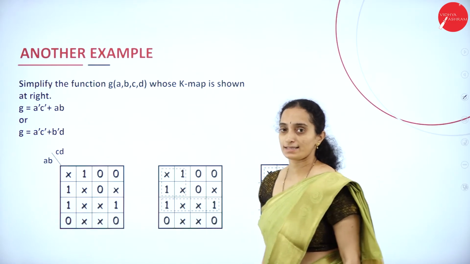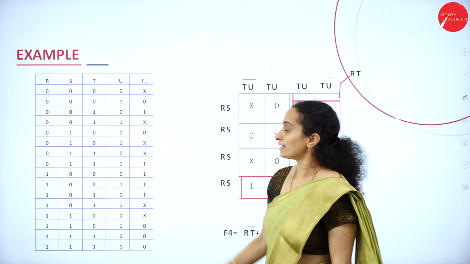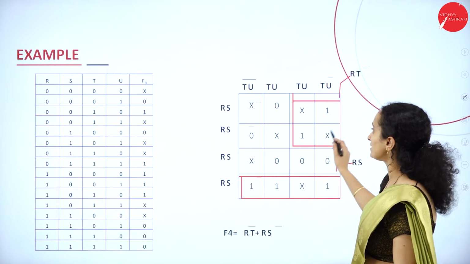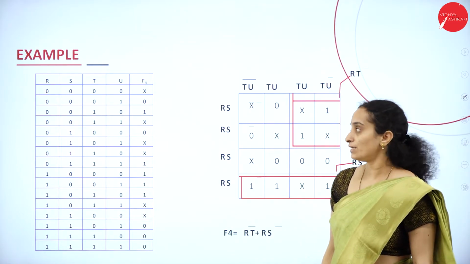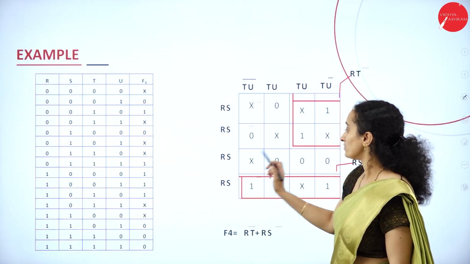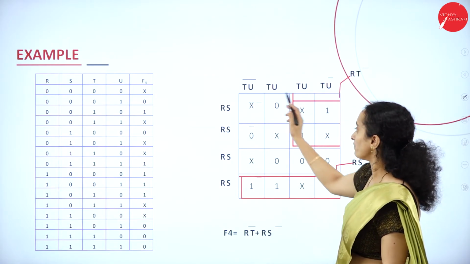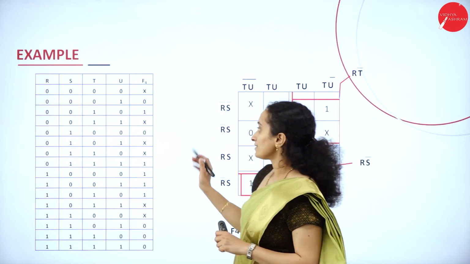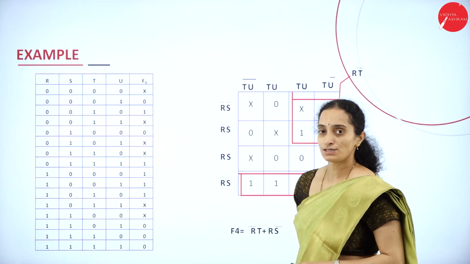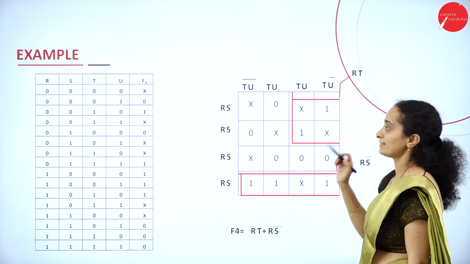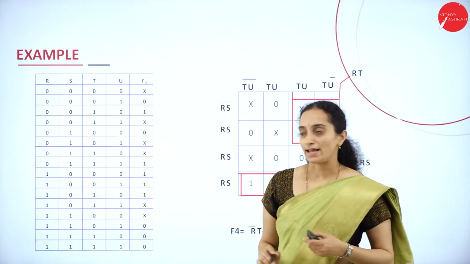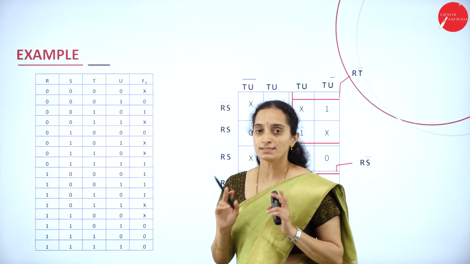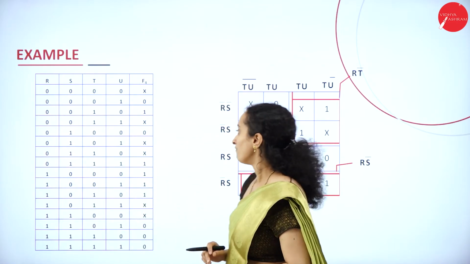Alright, this is another example for don't care condition. You can take the don't care condition from the truth table also. So you can consider this as RS, TU values. RS, you can take the examples. So one will be considered here. Then you can take the expression. This is another example taken from the truth table where you can list the values based on the values of the RS and TU, and you can use the X conditions, don't care conditions, to group and simplify the values.